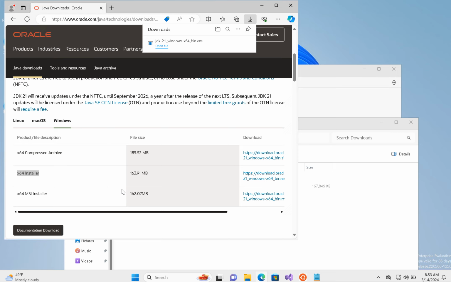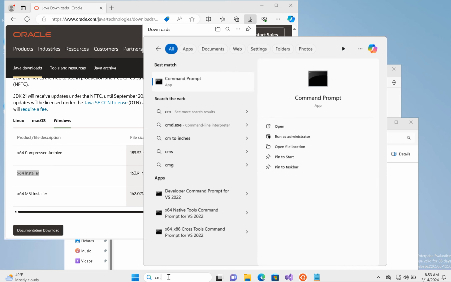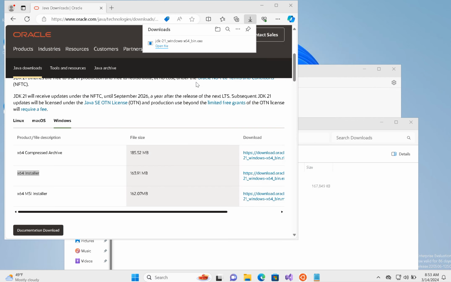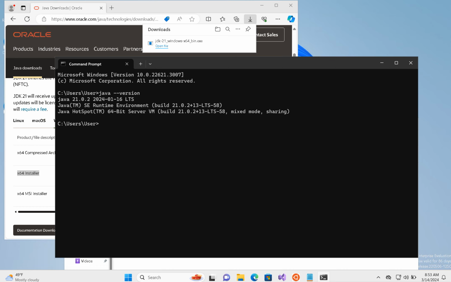Now we want to actually verify that it works, so we're going to go to the search button here, and you're going to run the command prompt. The name of the command prompt is cmd, and you can see Command Prompt right here, and you can see we have Java, and you can see it says that we have Java 21.0.2. So we have successfully installed Java on this